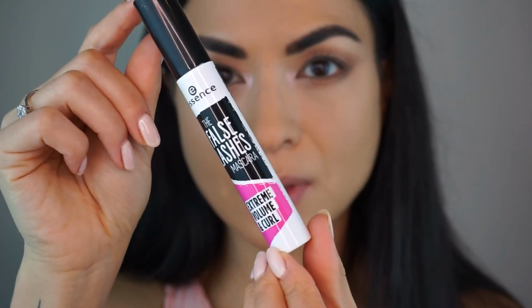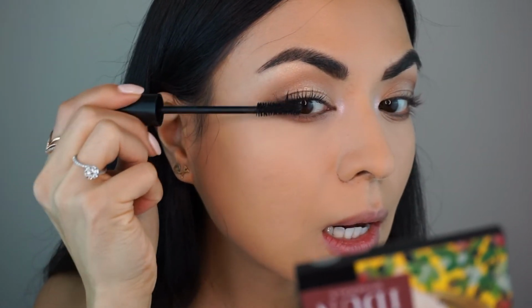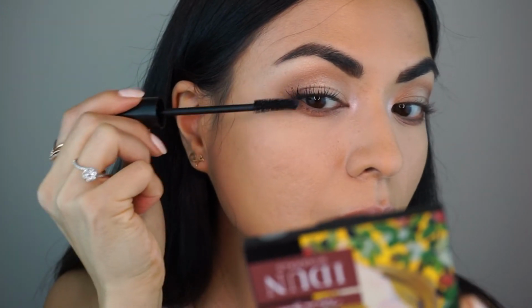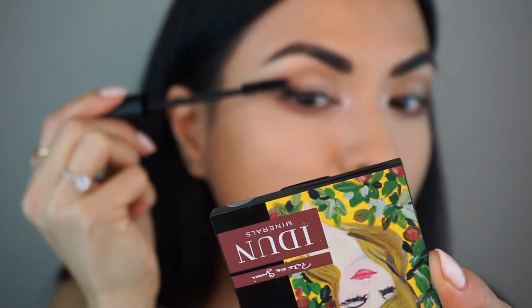For mascara, I'm trying the False Lashes mascara, Extreme Volume and Curl. Let's see. Well, this mascara is one of those, the consistency is not as thick, it's more liquid, so it doesn't build that much volume, or at least the volume I like. It helps with the curl, yeah, because of the shape of the brush. So the mascara is not my favorite product, because it's too liquid, so it doesn't build